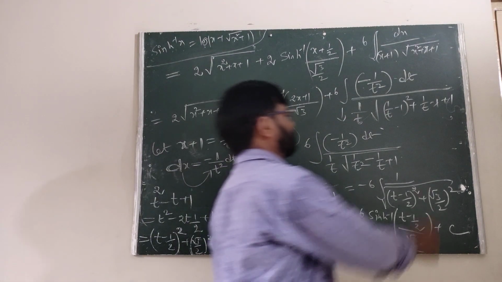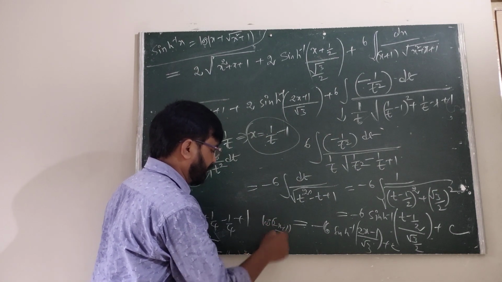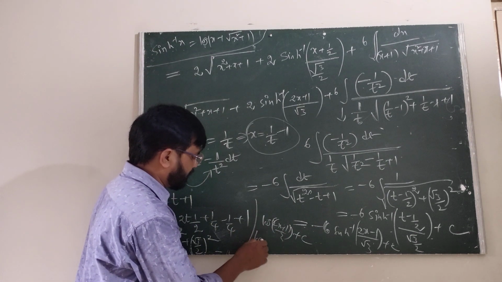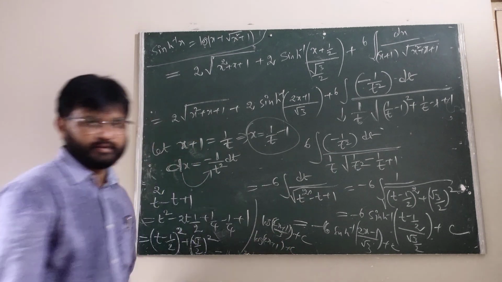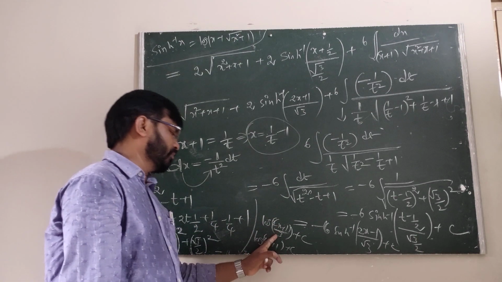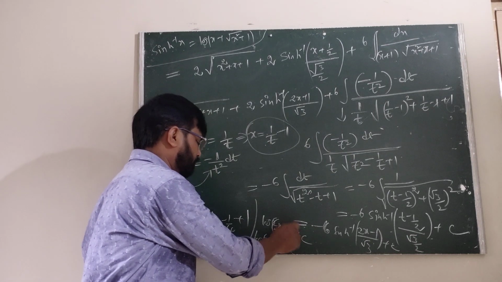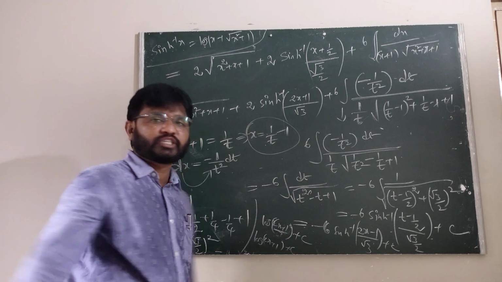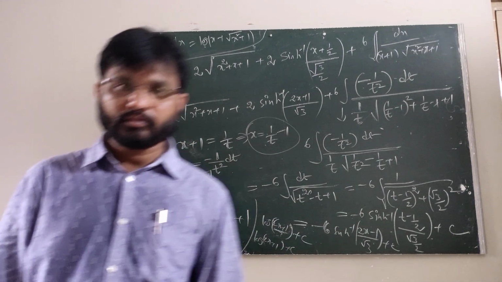Therefore, suppose the sum is there here. The logarithm of 2x plus 1 by 3 plus c is there, suppose. But the answer is given as 2x plus 1 plus c. The 3 can be neglected. Why? Because log a by b can be written as log a minus log b. Log of 2x plus 1 minus log 3 plus constant, constant plus constant is a constant. Therefore, log of 2x plus 1 plus c. Okay.